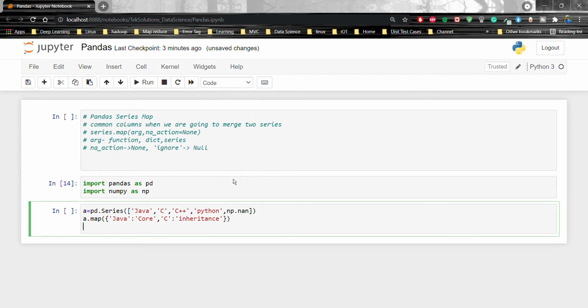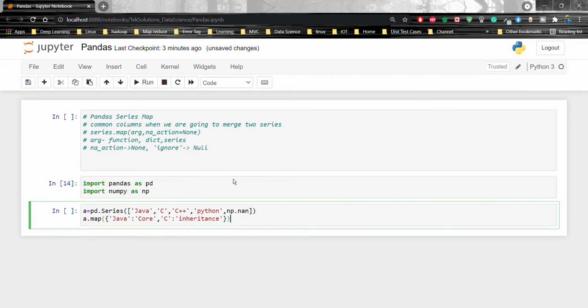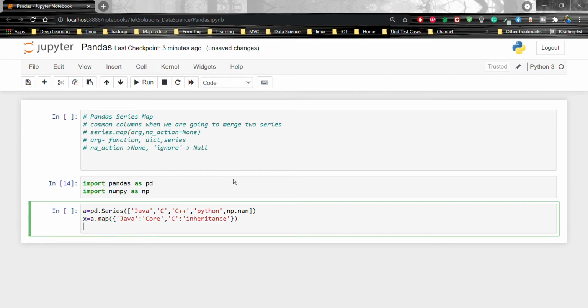Now I'm going to store this into x and print the value of x. So what will the output be? The series is Java, C, C++, Python and NaN.